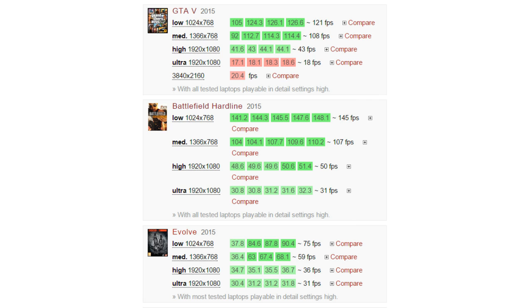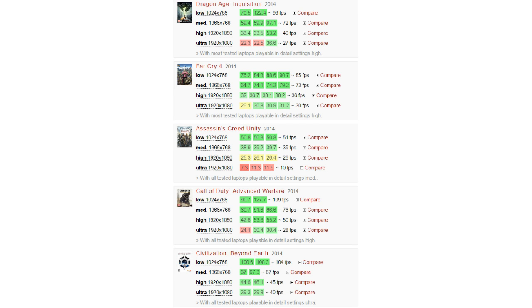Grand Theft Auto got 108 frames per second on medium settings, 43 frames per second on high settings with a 1080p resolution. Battlefield Hardline 107 frames per second on medium, 50 frames per second on high. Evolve 59 frames per second on medium, 36 frames per second on high. Dragon Age Inquisition 72 frames per second on medium, 40 frames per second on high. Call of Duty Advanced Warfare 76 frames per second on medium. So as you can see, most modern games are running smoothly on medium settings, and some of them are running smoothly on high settings. So that should give you a good ballpark idea of what you can expect with performance